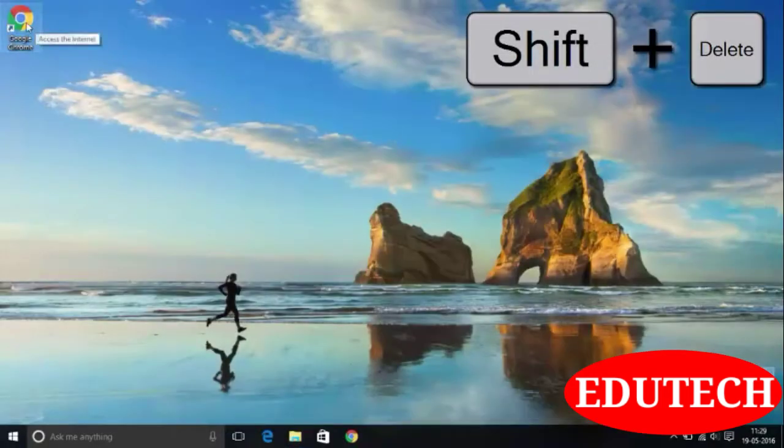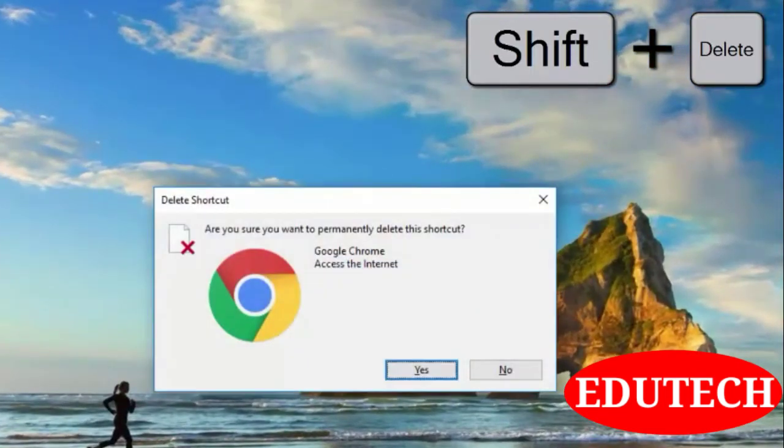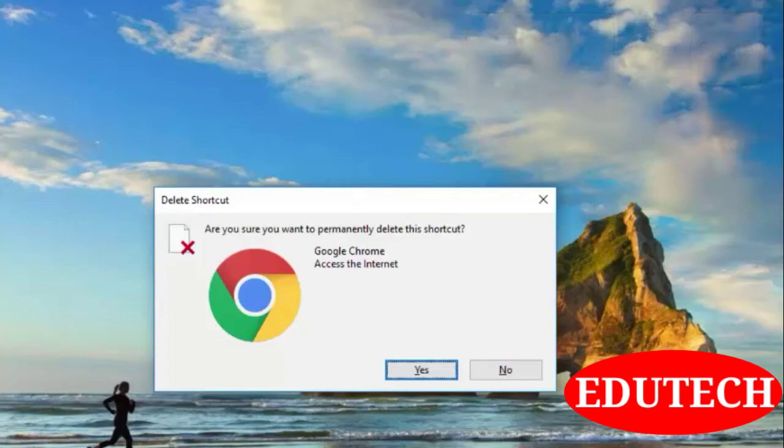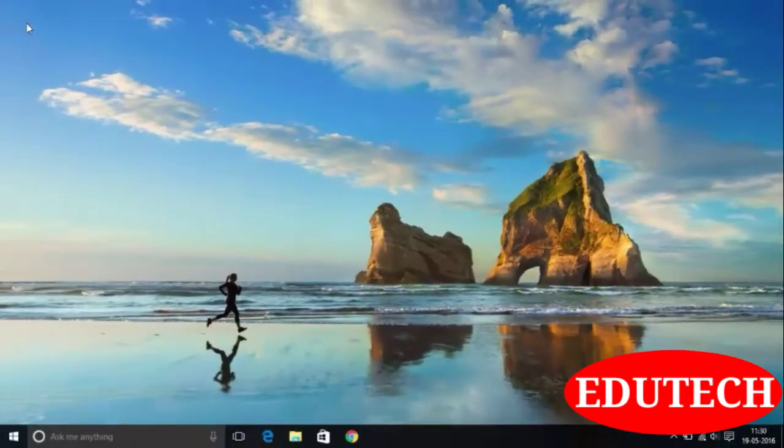You can also permanently delete by Shift Delete, and one pop-up will be there. It will be asking you, are you sure you want to permanently delete this shortcut? If you are sure, then press yes and it is deleted permanently.